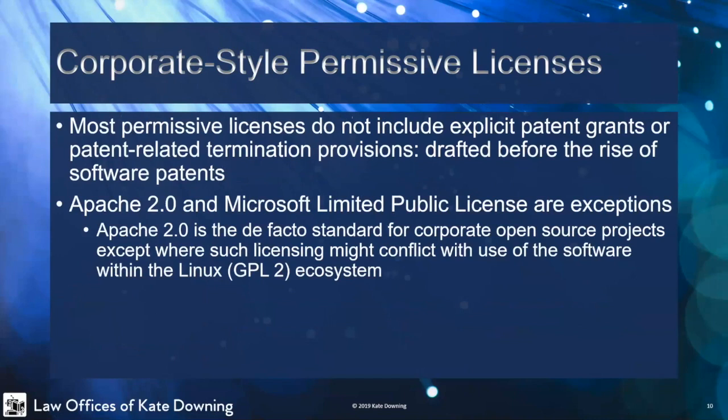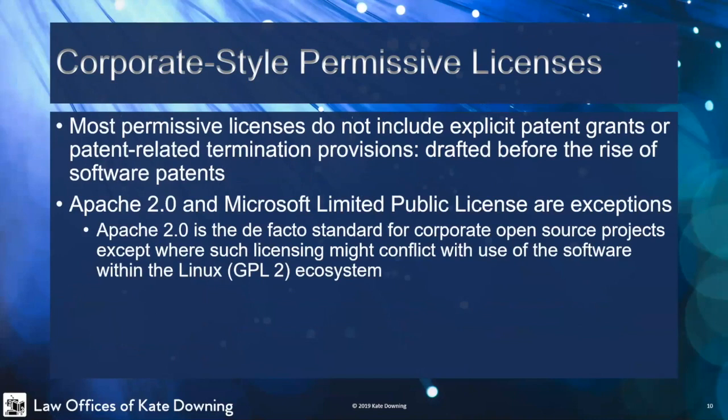And in fact, I would say that Apache 2.0 has more or less become the de facto standard for corporate open source projects. A lot of Amazon things are under this license, Google, etc. And it's because it has an explicit patent grant, patent license. So companies like it because it's really clear about what you're getting. And I would say that a lot of open source projects are basically making the decision between being an Apache 2.0 project